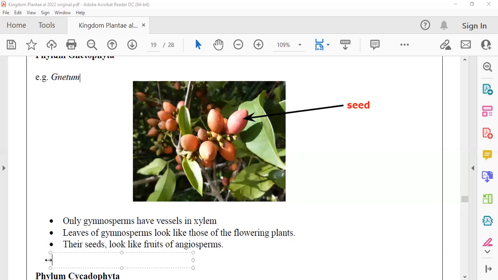Here include an additional point. Non-motile male gametes, like whom? Whose male gametes are non-motile to our knowledge? Angiosperm, sir. Angiosperm. So it shows so many similarities with